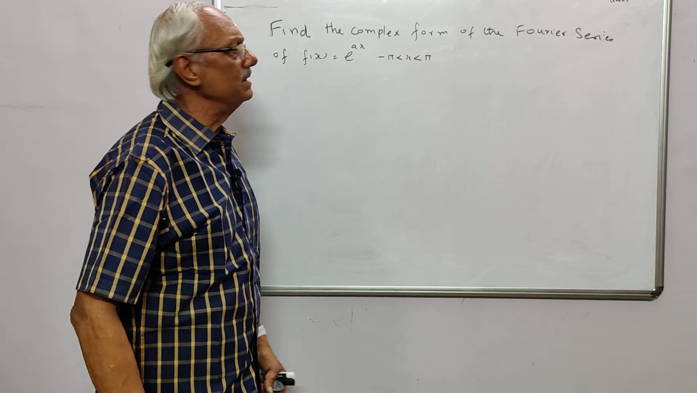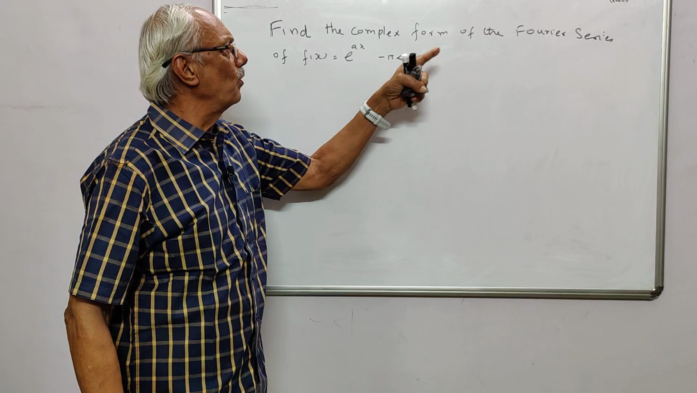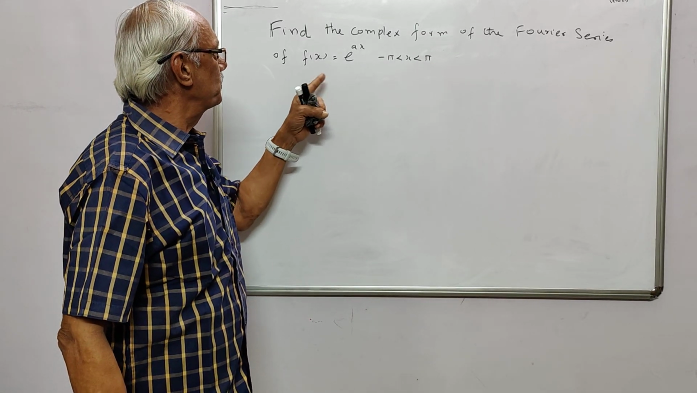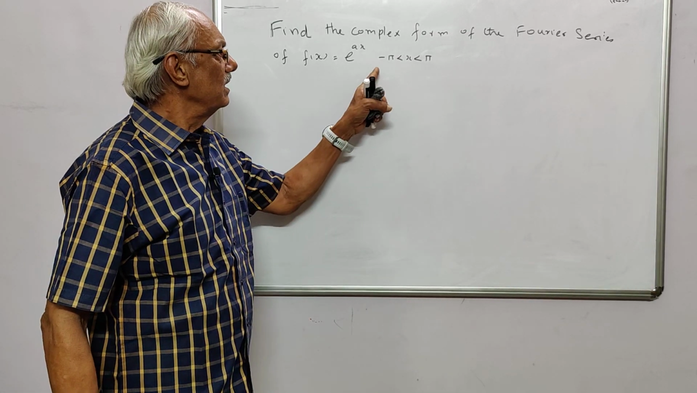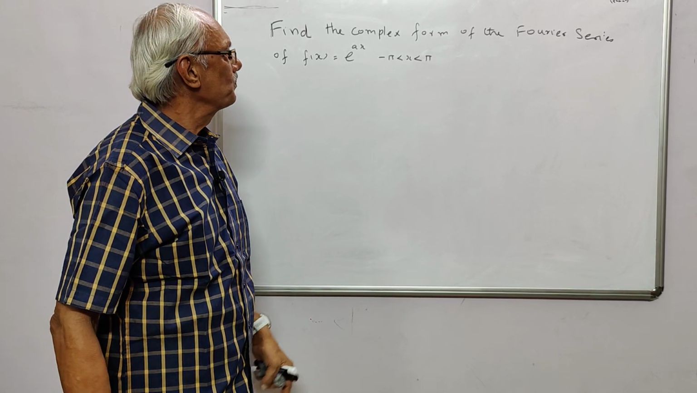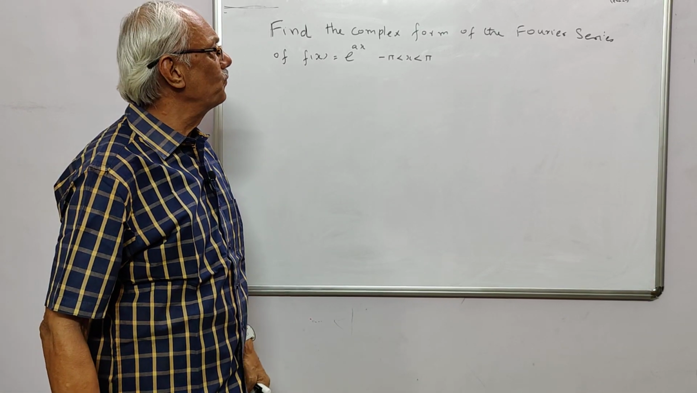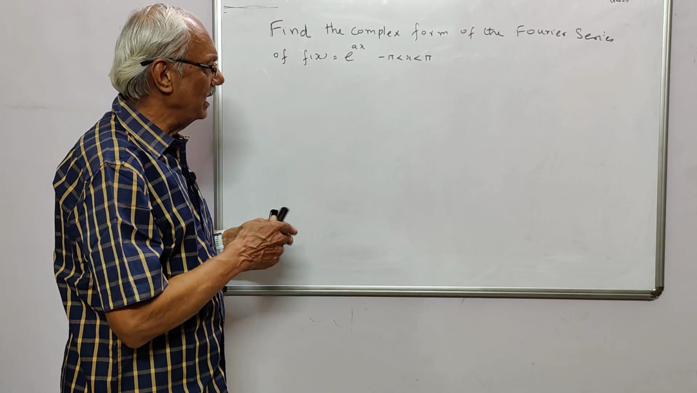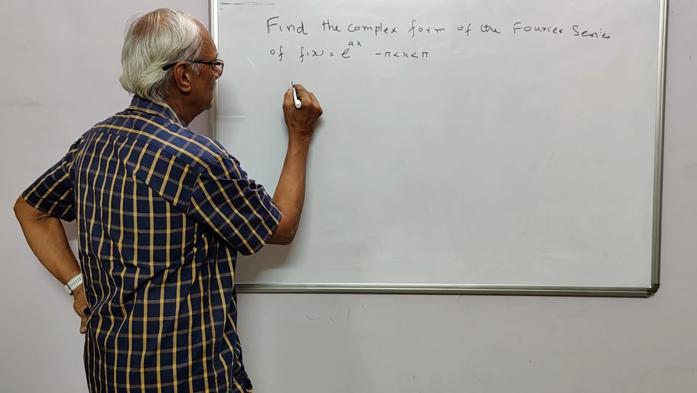Today's class is about the complex form of a Fourier series. I have taken a problem, f of x is equal to e to the power of ax, defined in the interval minus pi less than x less than pi, and we have to develop this as a complex Fourier series in the complex form. Now see, we know that